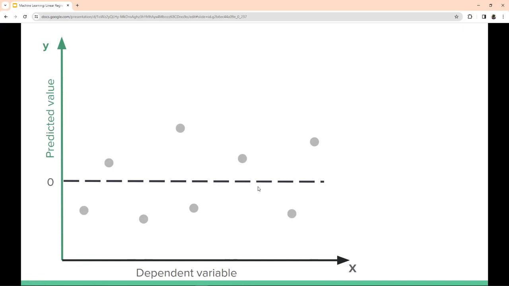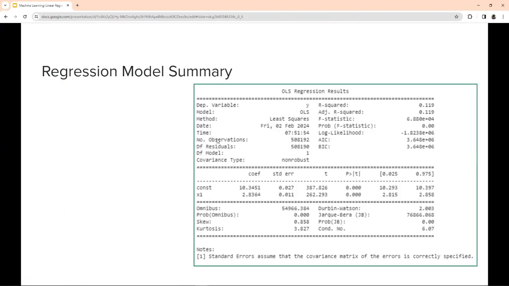Okay, so now that we've spoken about all of this, this plot is from Python, and we will go into Python later, but I just wanted to show you this so that you have an understanding of what's happening. So this is a summary result of a linear regression model, and the first thing that we should look at is the coefficients, right? This over here is our constant, which is our B0, and this is our feature coefficient. You can see the two values there. So these are the estimated coefficient values of the fitted regression line, right? So that's how you read that. This is your B0, B1, or A0, A1, and then depending on how many